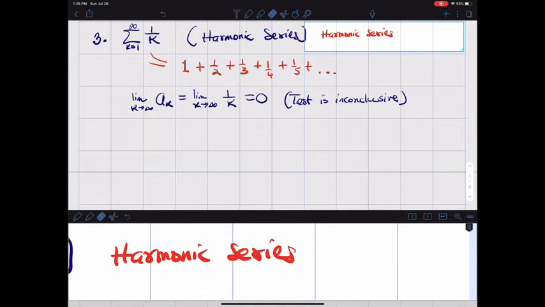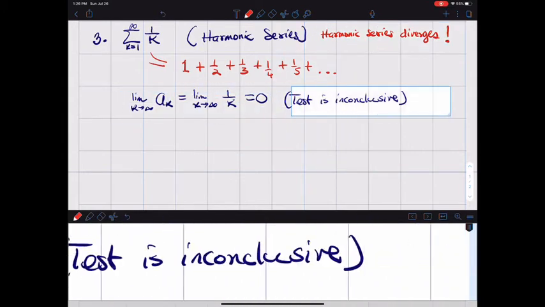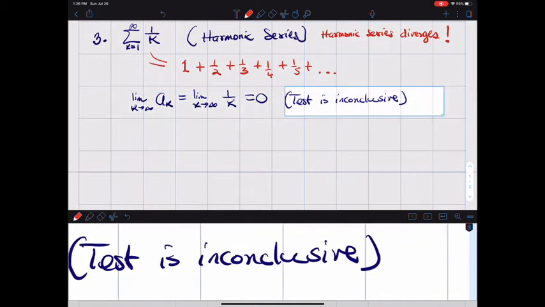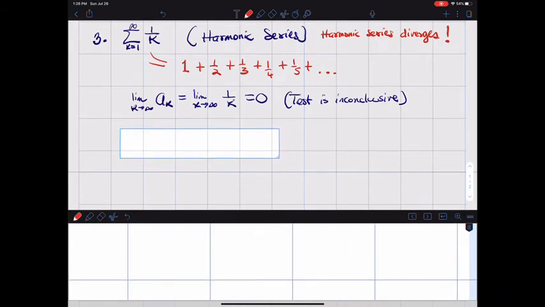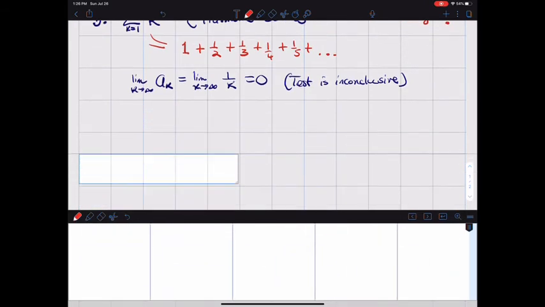It diverges, but remember that it diverges, but this test doesn't work. This test is not strong enough to show us that it diverges. Now, I want you to show,